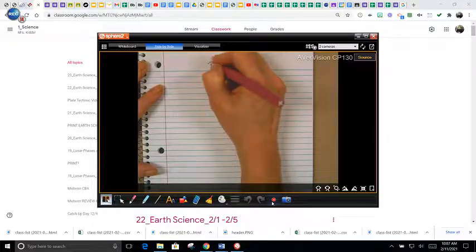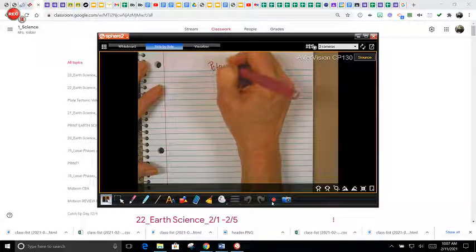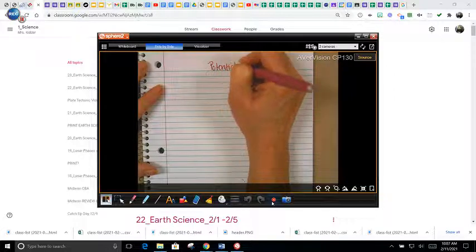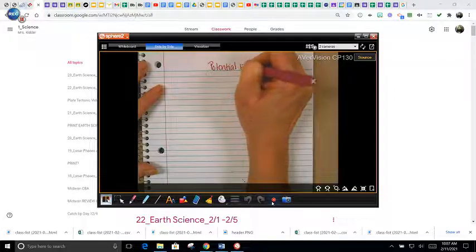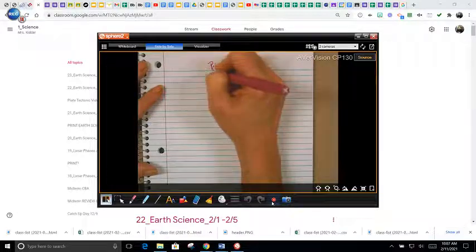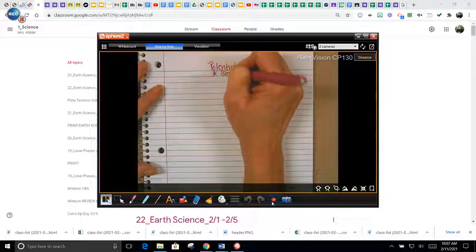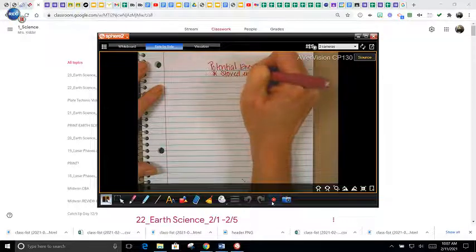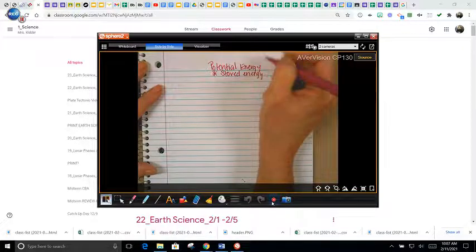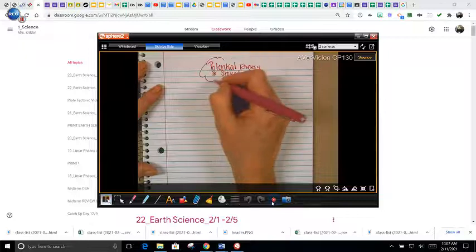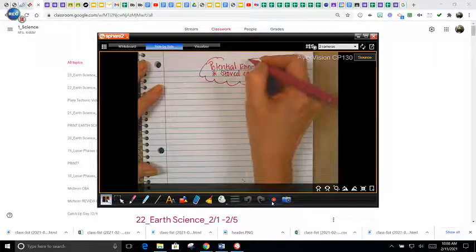So potential energy, aka stored energy, there are a couple of different